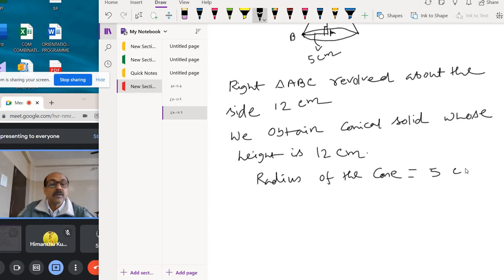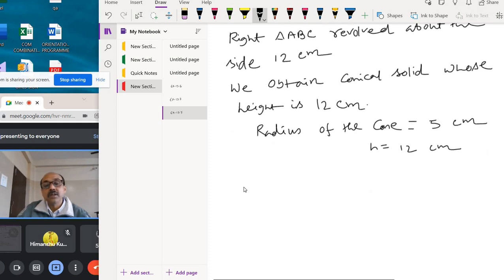R is 5 and h is 12 centimeter. Therefore, as per the question, volume of a cone